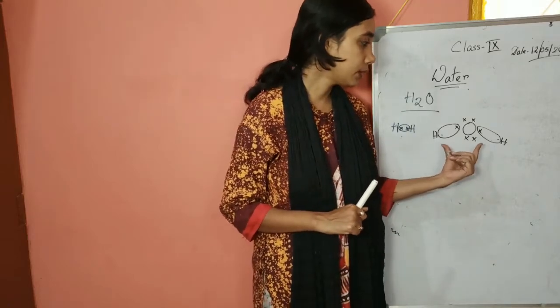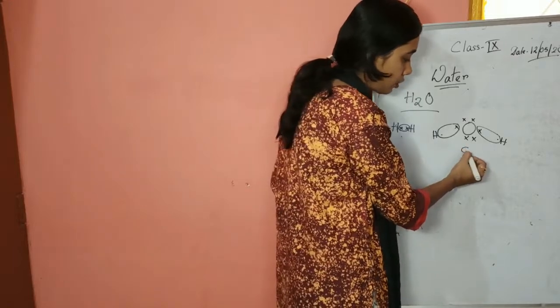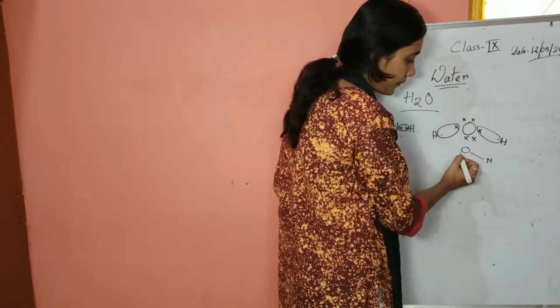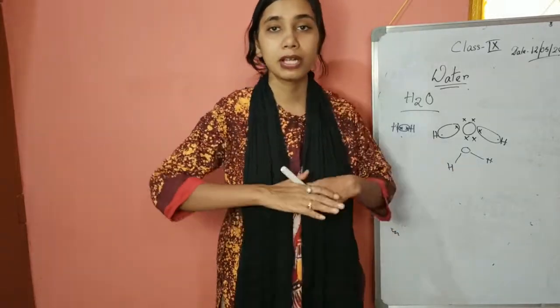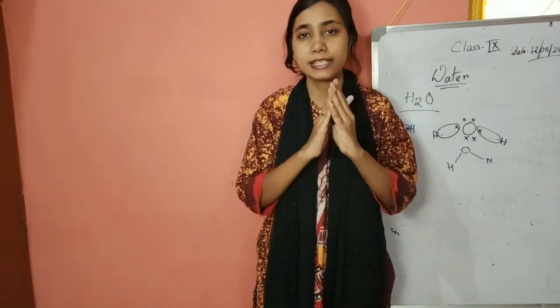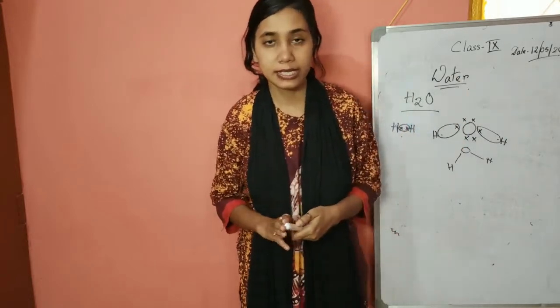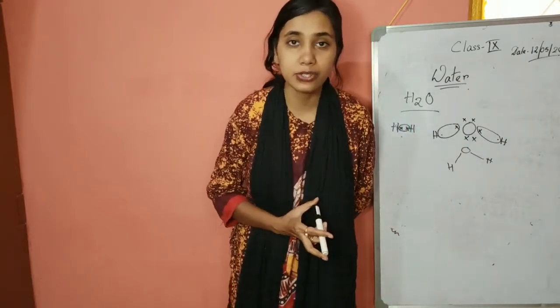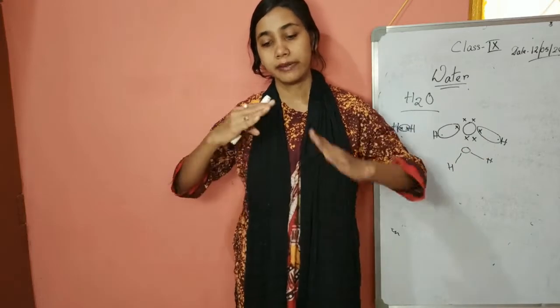Now why have I written the water a little bit bent? Why have I drawn the water bent? Because the structure of water is in this form. There is an angle, water is V-shaped, it is not linear. Because of its V shape, it has multiple properties. When we go to higher classes, we will understand what is the advantage of water having this V shape. So water is like a reverse V shape.